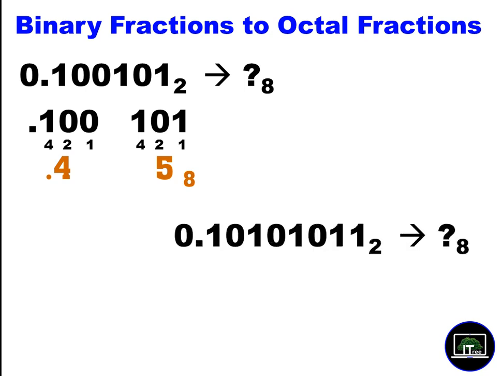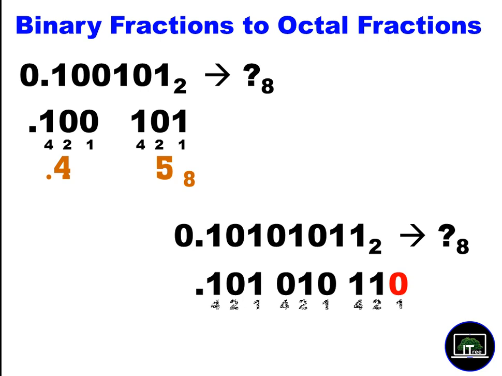Now we convert this one. You can look at that. So the last group, 1 0, you must add that 0 because it must be 3 digits. Always must be 3 digits. So the last 0 is added by us. You must add that one to make a 3-digit group. Okay, now we write the values there.